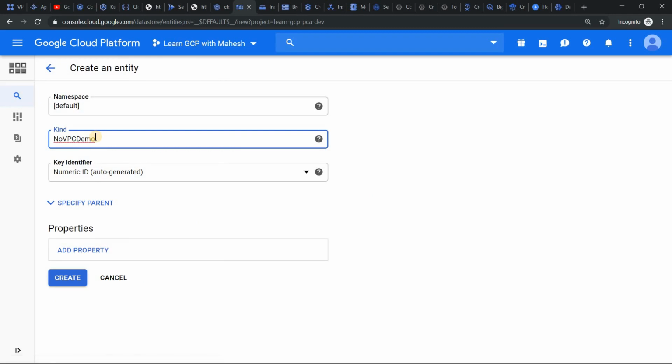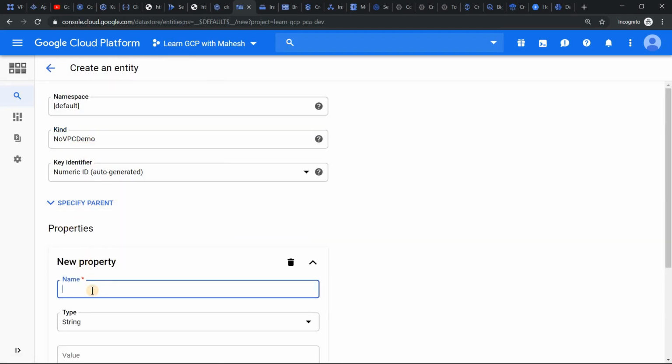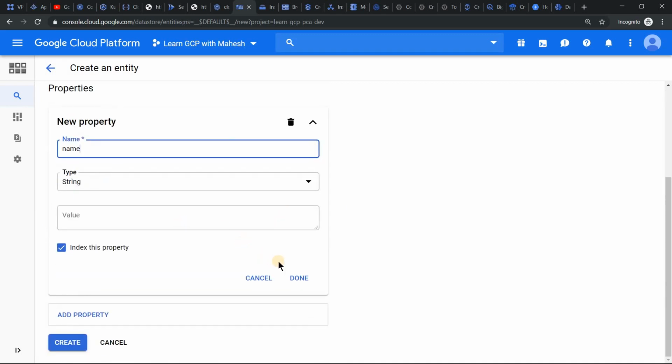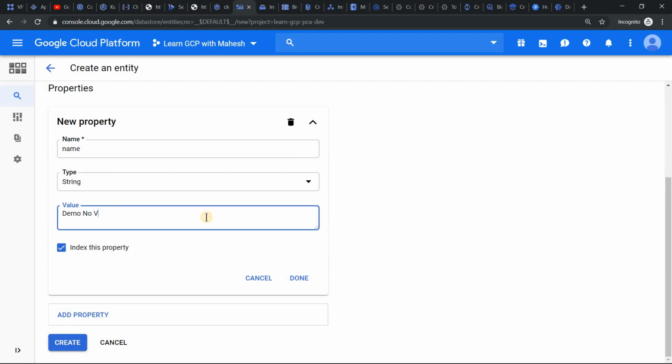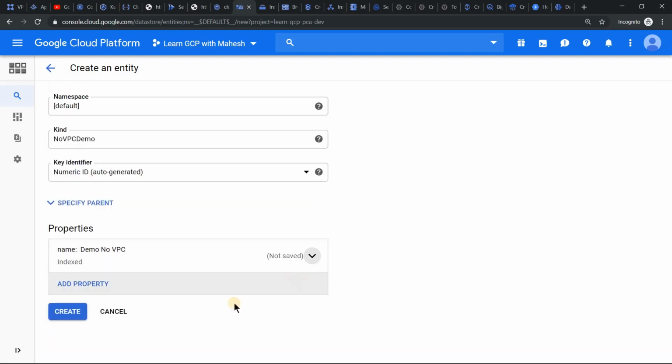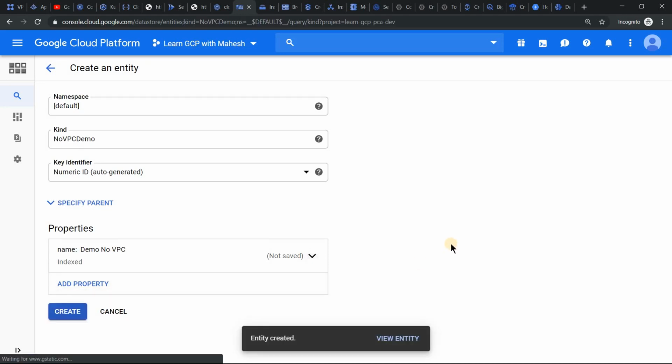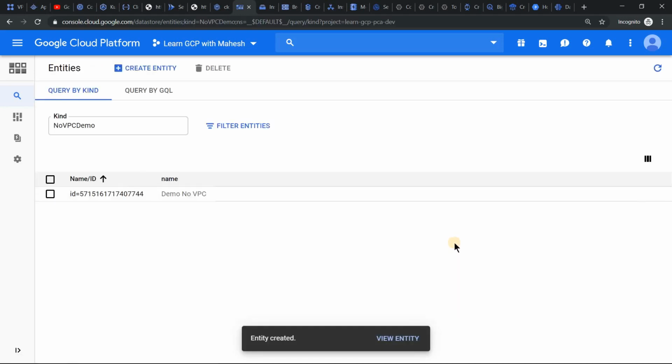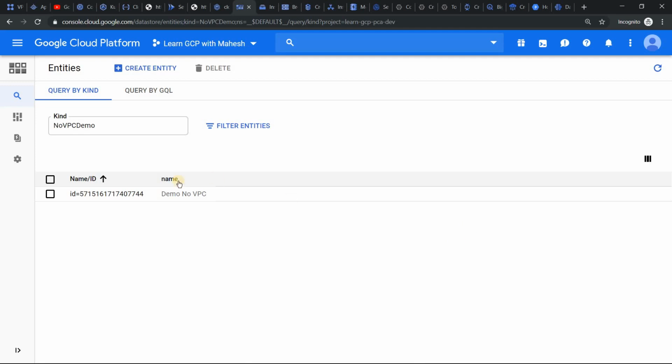So that's our table name or kind name, and simply give it as name. That's the only column which we have, and let's mention it as demo no VPC. And let's try whether it gets created or not. The table has to be created, which is nothing but kind in Datastore language, and the row should be inserted, which is nothing but entity in Datastore language. It is created, so looks good.